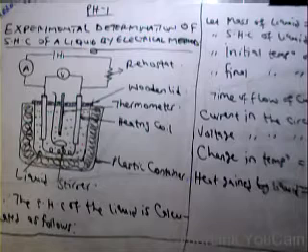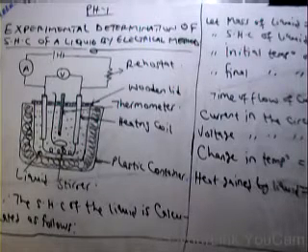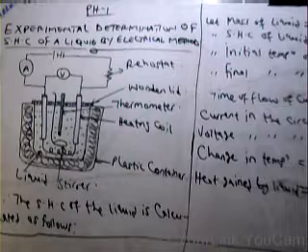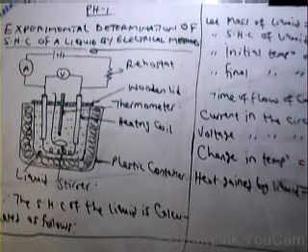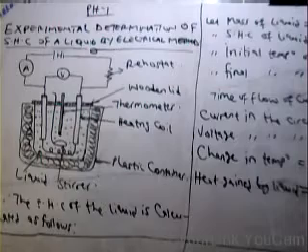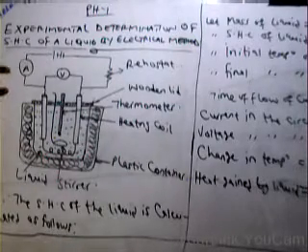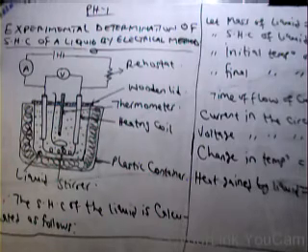And one of the experimental methods you can use to determine the SHC or HC of any substance is the electrical method. So today we want to look at how we can use the electrical method to determine the specific heat capacity of a liquid. Now, we have the setup as shown above. You can see the diagram.